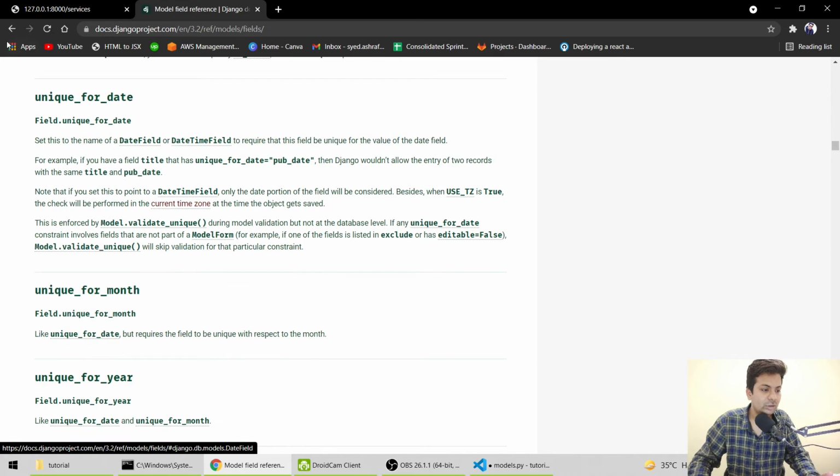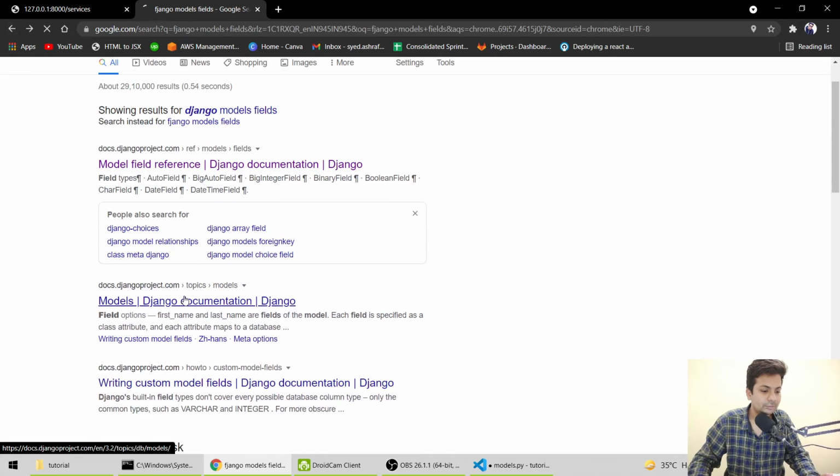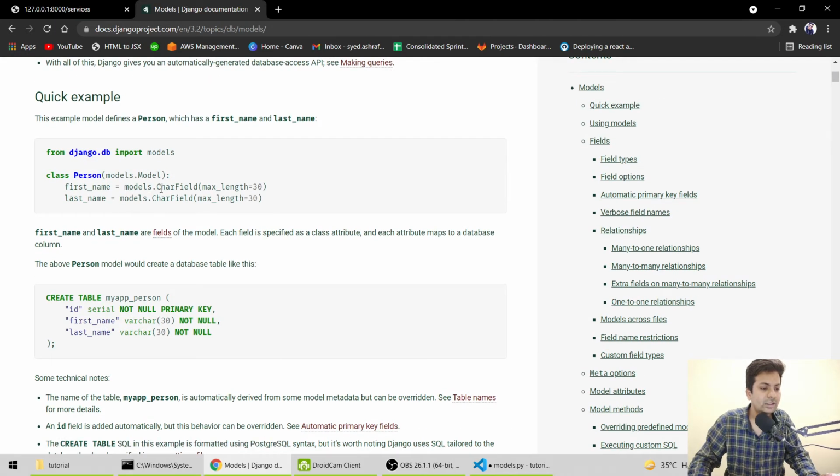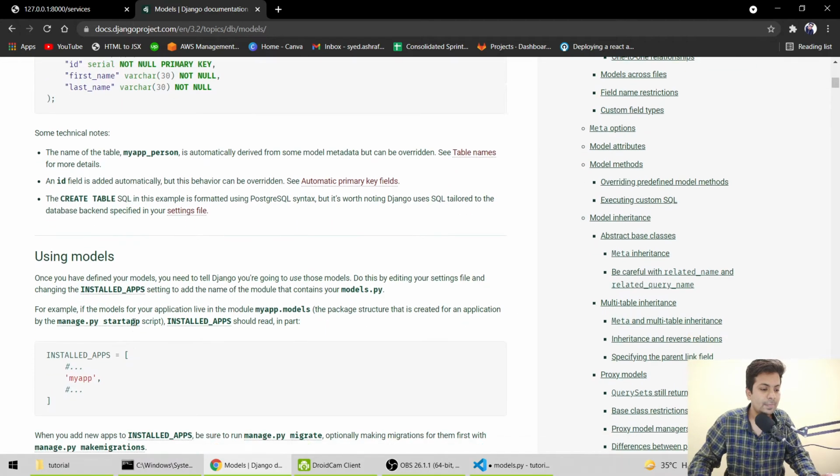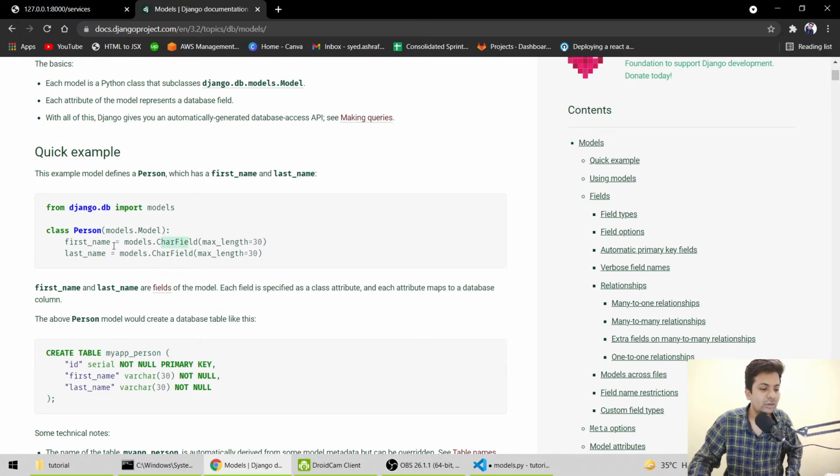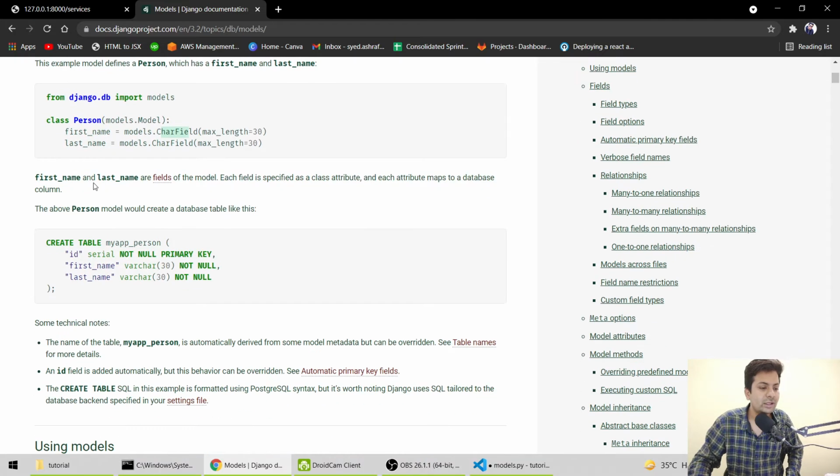Let me search a common one. See, CharField is there. When you do this, it converts into this. See, class Person, first_name CharField, last_name models.CharField. So it's saying create table myapp_person.